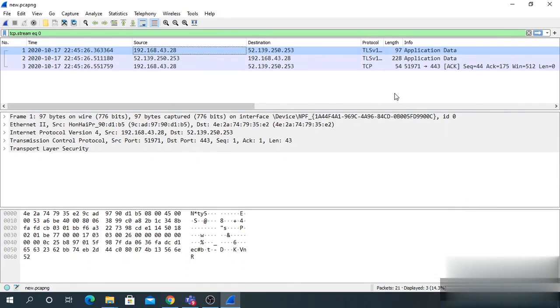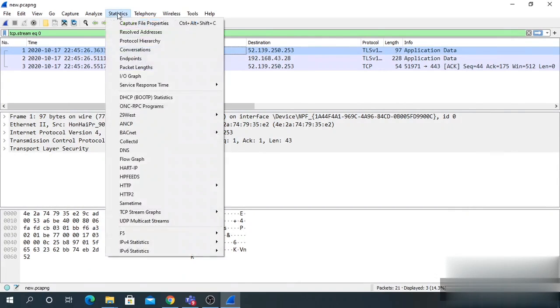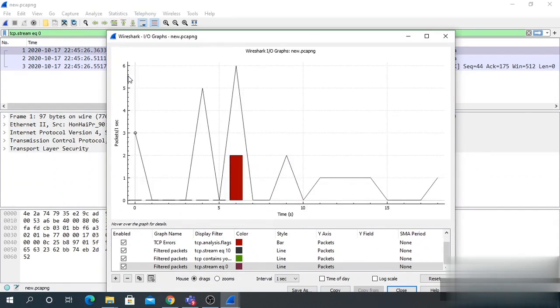To get some graphs, we can click on the Statistics option in the menu, then click on I/O Graph to view the statistical information about the protocols in the selected network. The I/O graph here is often used to get the client-server network impact data in bits per second with user-defined time interval resolutions. This is a simple method of seeing how much traffic flows in each direction during a client-server session and especially how much peak traffic is generated.